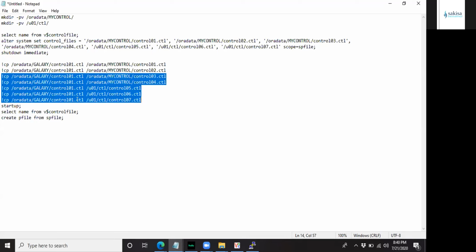Like if I was doing the user managed backup, and I decide to take everything that is in /oradata/galaxy and put it in my backup location, and then I remove everything that is in /oradata/my control and want to put it there, it is going to tell me that control 01 and control 02 already exist. I don't think so, because remember they say the name of the file is its full path. So they don't have the same path. So it's not the same thing.